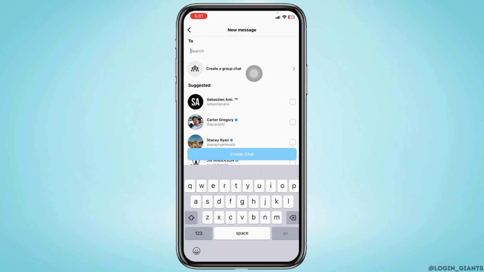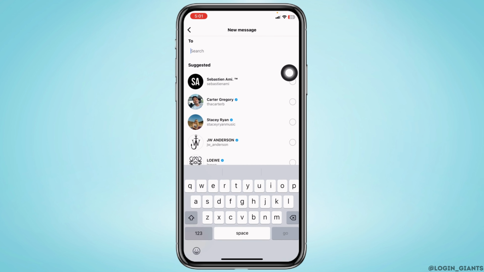Along with that, you will find the option of create a broadcast channel. All you have to do is click on it. And then you're going to get these suggestions to add those people in your broadcast channel. You just have to add those people and then you can give a name, and with that your broadcast channel